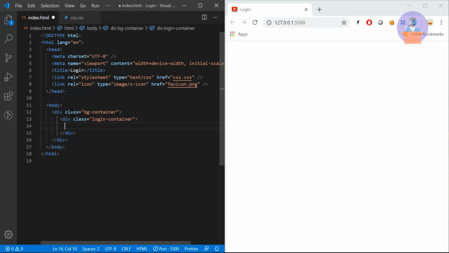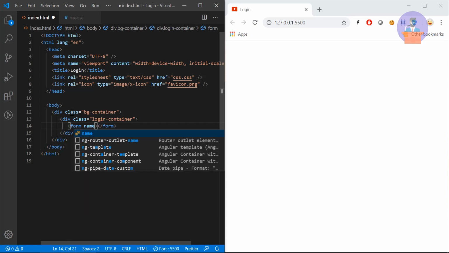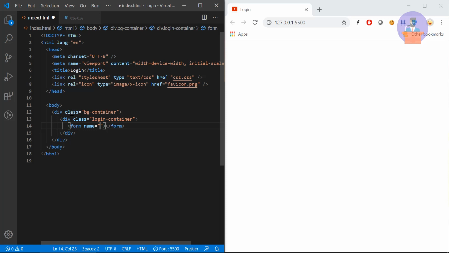Here I will create a form element, and provide the name login form. I will set autocomplete to off, so it will disable the browser autocomplete functionality.